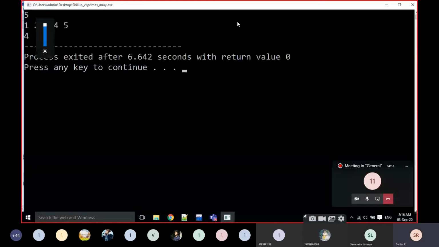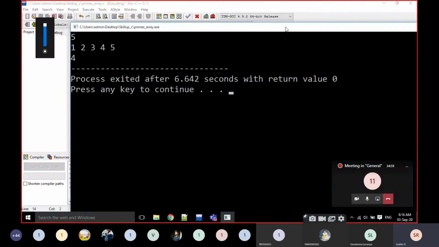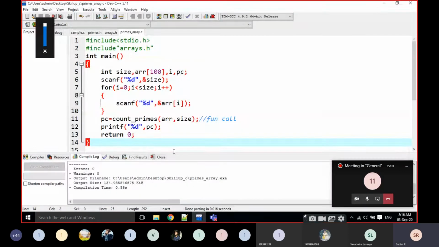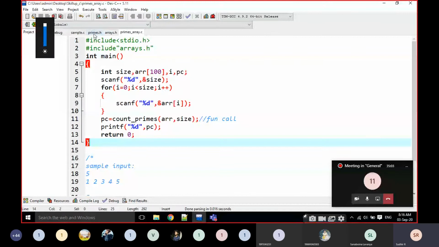It is going to be 4. It is taken as 1 is also prime. That's why it is taken like this.